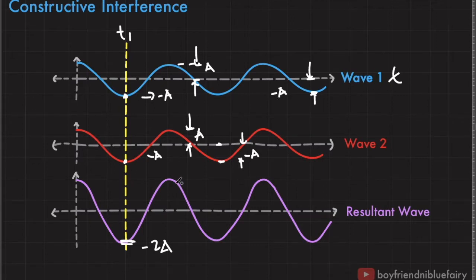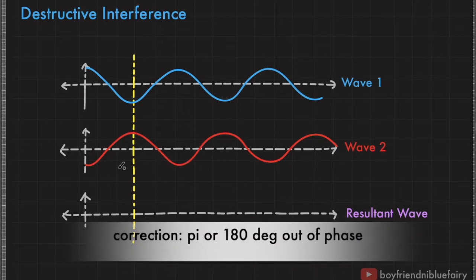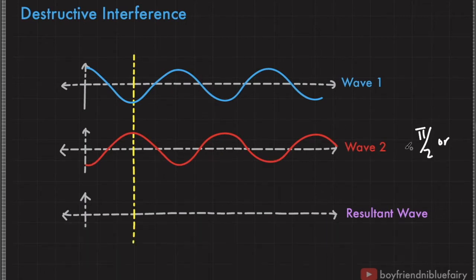On the other hand, if our two waves, wave 1 and wave 2, are out of phase, or in other words, one of the waves lags behind or advances by pi over 2, or if this x-axis represents position, then it lags behind by lambda over 2, then their resultant wave is actually 0. For example, let's name this position t sub 1. If the x-axis represents time, at t sub 1, wave 1 has an amplitude of